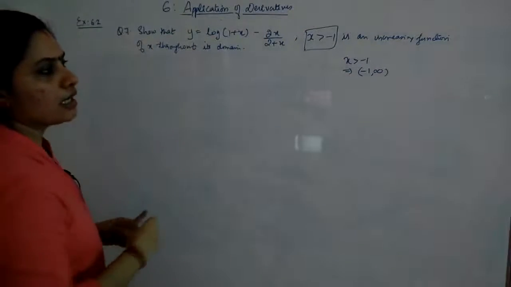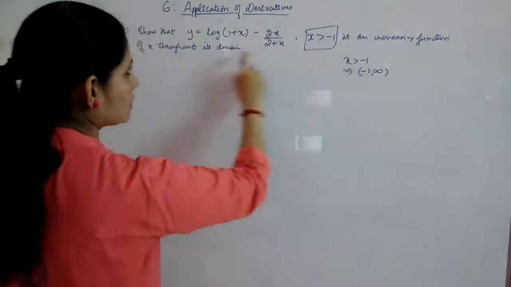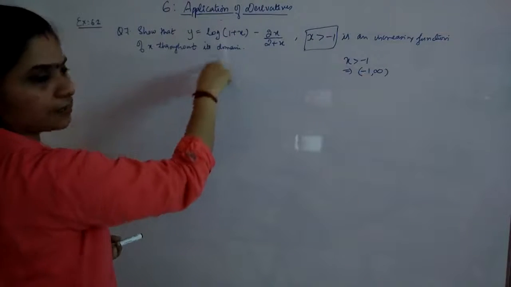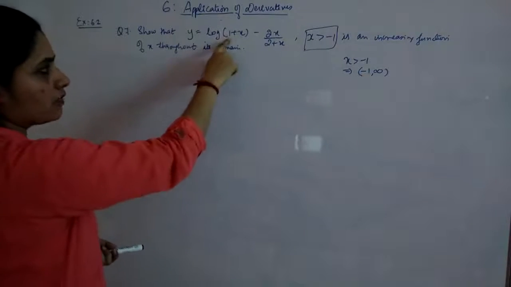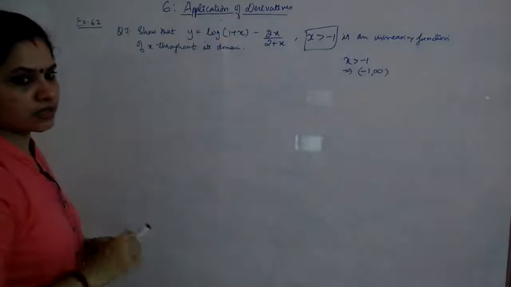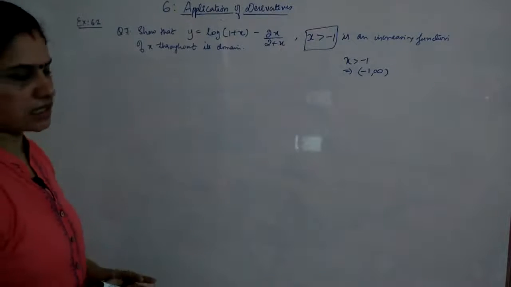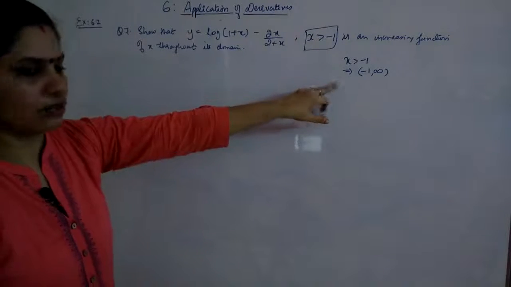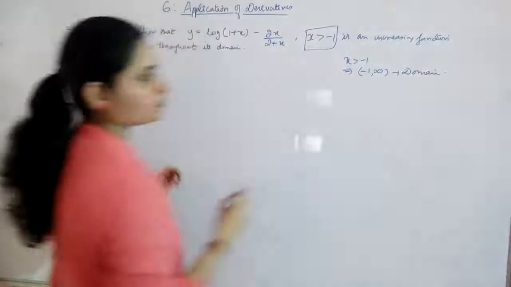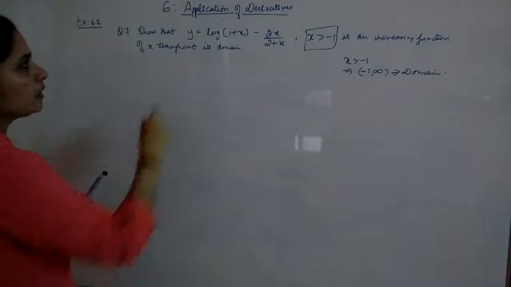It is not taking any values till minus 1, because for the existence of this, and when you take the derivative, you will understand this will come in the denominator. So it will become 1 plus x. That means if you are taking minus 1, the denominator will become 0. So for that they have given the condition of x as greater than minus 1. So that is acting as the domain. Okay, so this is the domain of the function.